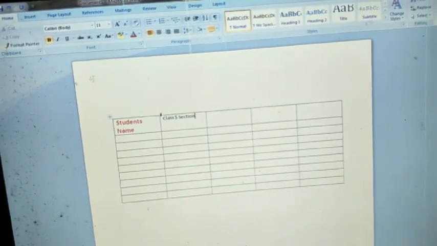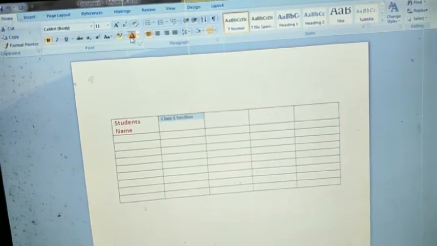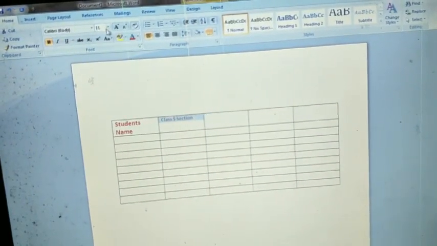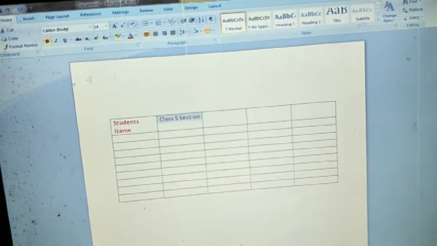Okay, select it, make it red, make it bold, and make it 14.